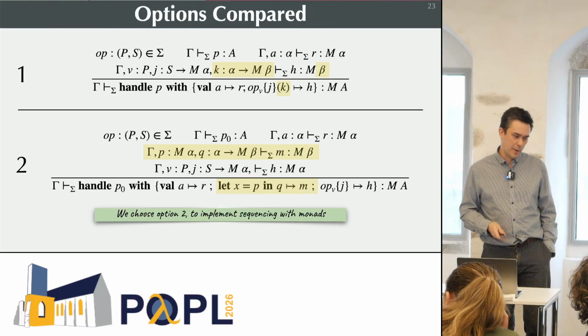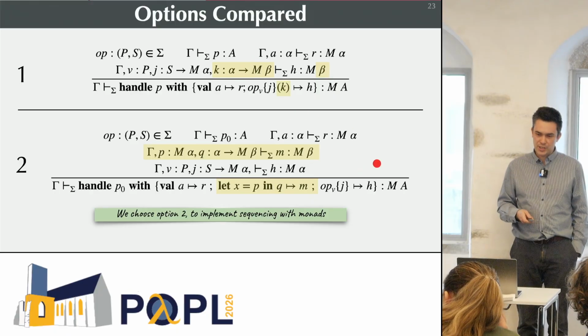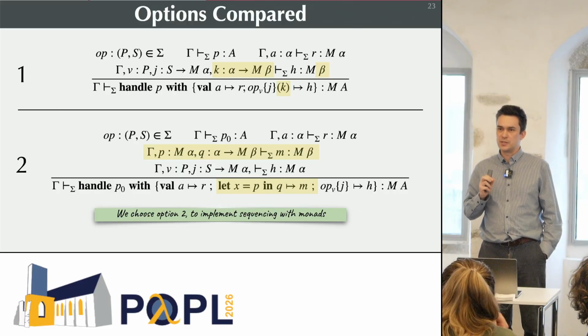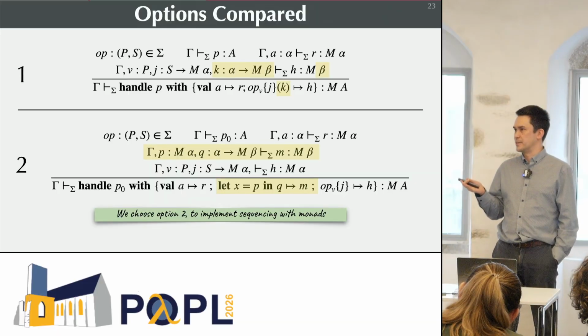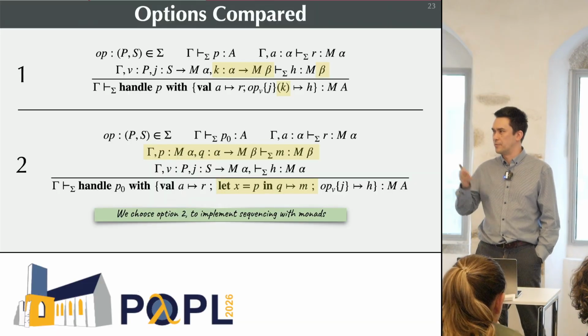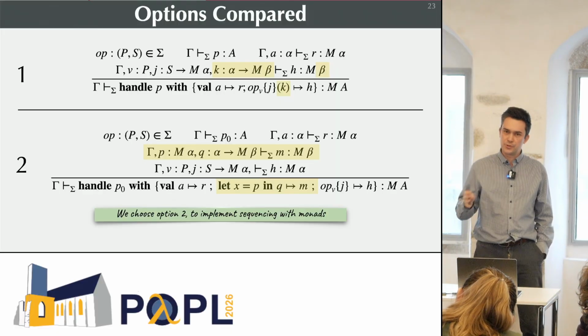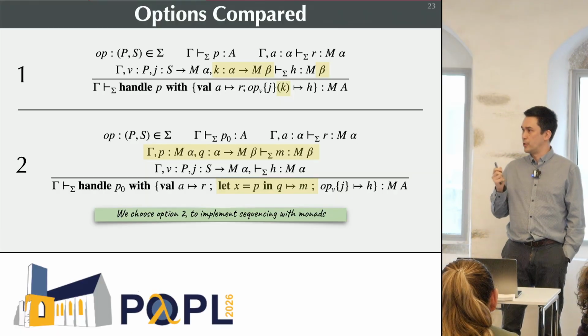Now, if you look at this, you get really suspicious because now you really are looking at bind. If we just compare the two, both of them achieve roughly the same thing. But the difference between them is a bit like the difference of the universal property of lists. There are two universal properties of lists. There's lists as the initial fixed point of the particular functor where you've got a value constant onto some stuff. And you've also got the universal property of lists as a monoid where you keep hold of that monoid structure.